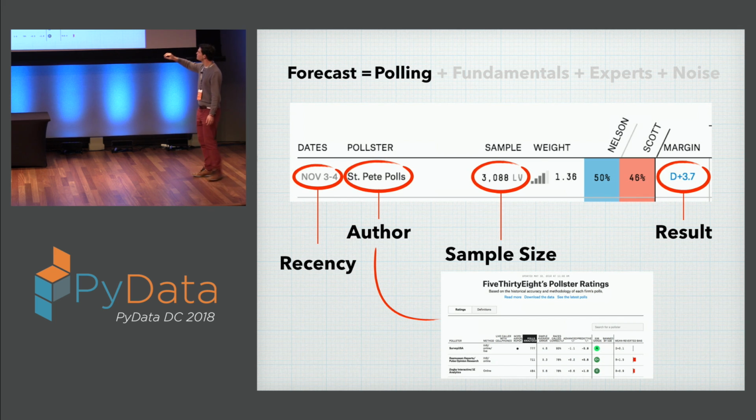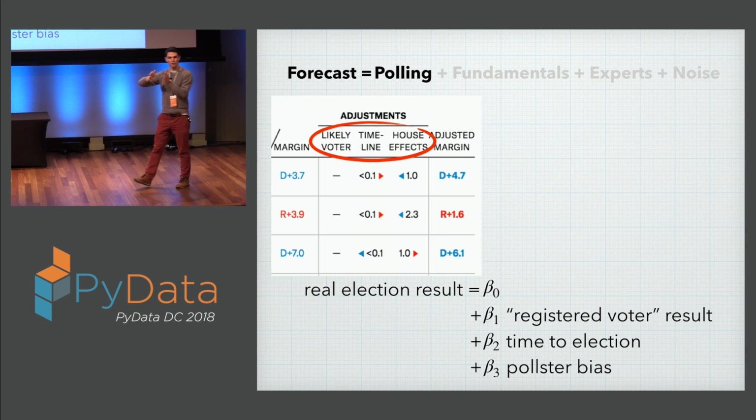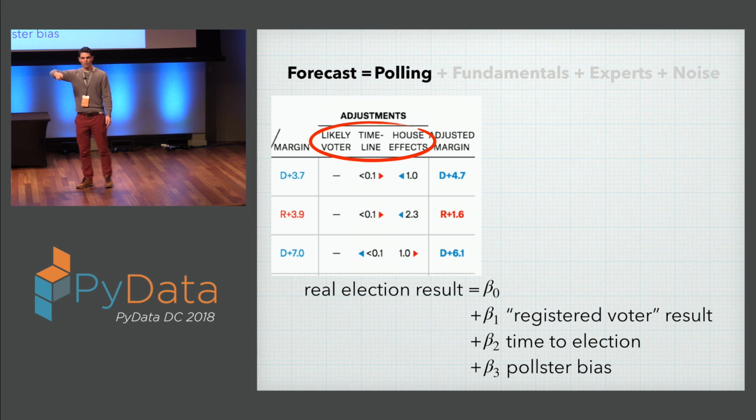Now zoom back out to all of our polls, okay? What FiveThirtyEight then does is make adjustments based on the factors that we just described. So there's really three key adjustments that they care about. Likely voter, because polls that include likely voters produce different results than those that contain just anyone sampled. Often they bias, or I guess not necessarily bias, but weight towards a more likely Republican result in the case of likely voters. They care about timeliness, in other words, how recent the poll was taken, and they care about